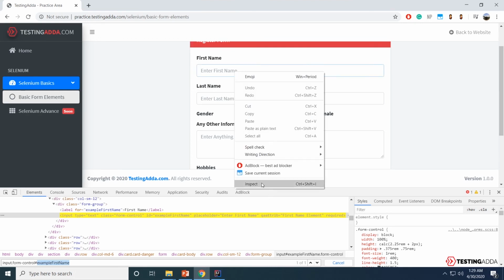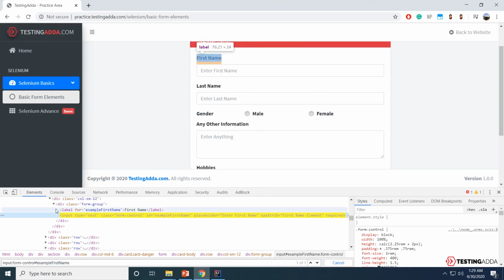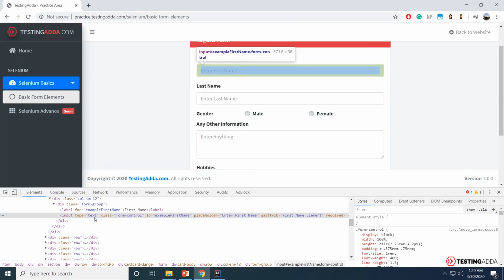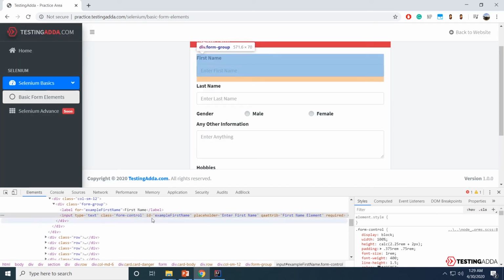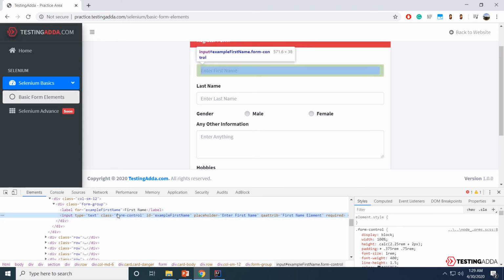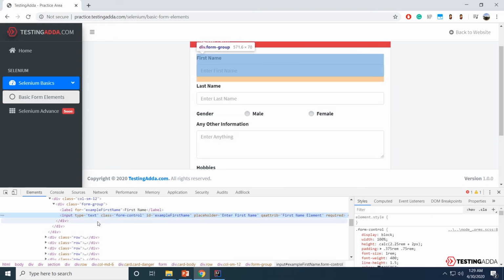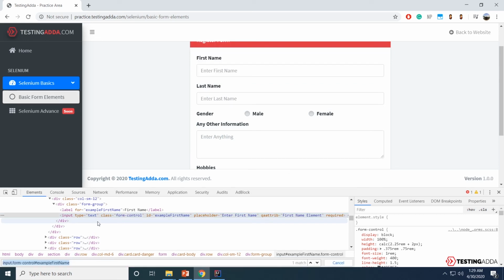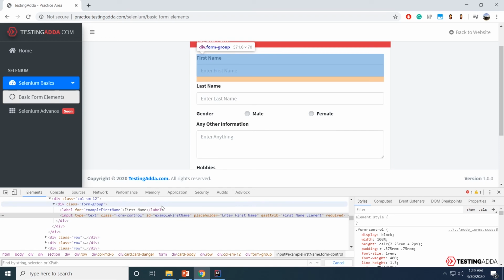I'll go ahead, right click and click on inspect. I can see the HTML code of first name. Now I'll be using ID to locate this input element. To do it, I'll press Ctrl F and start writing the XPath. If you're creating a relative XPath, that means the tag can start from any location of the document.